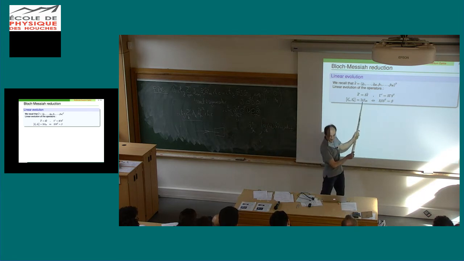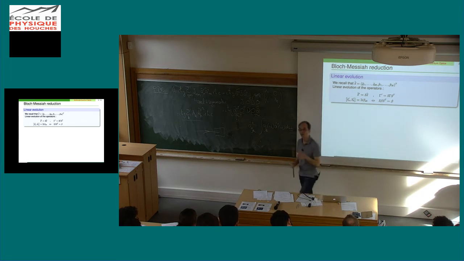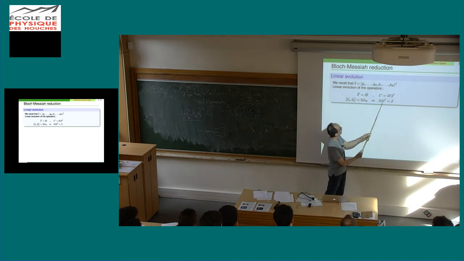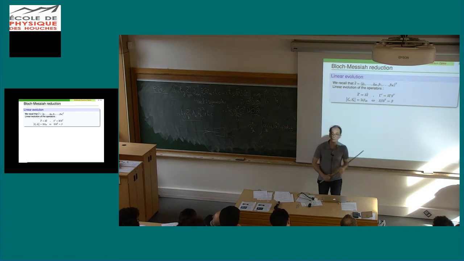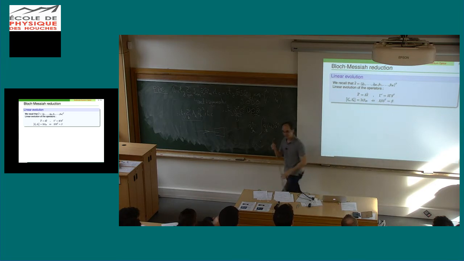The beta matrix here is the same as the one we used for the commutator before. And the only constraint you have is S beta S transpose equals beta. So this is equivalent, you can do the math, it's quite easy. This is the evolution of the operators, and as we said this morning, the evolution of the covariance matrix can be written like that.